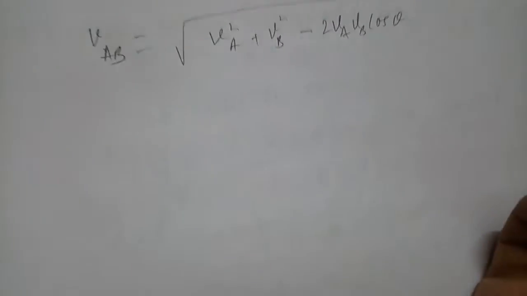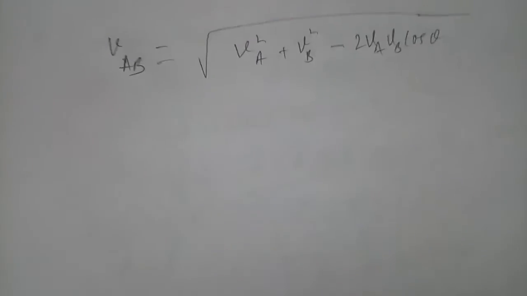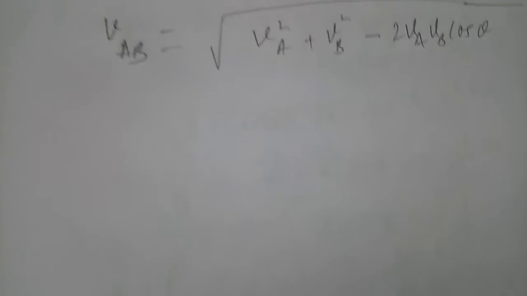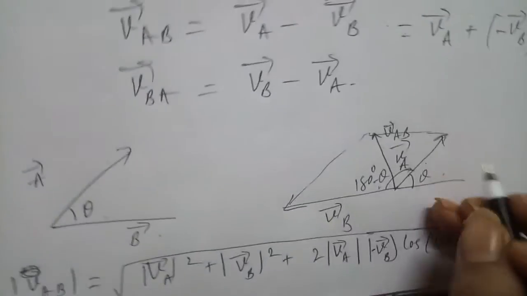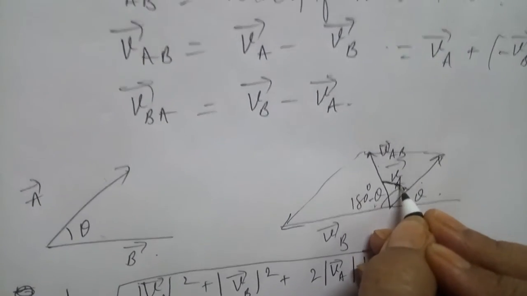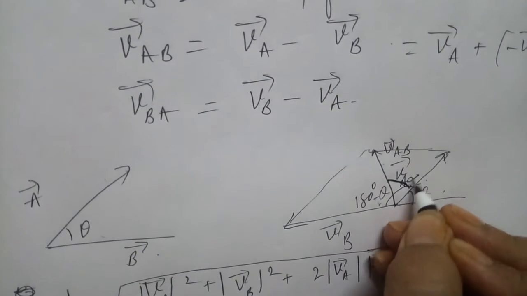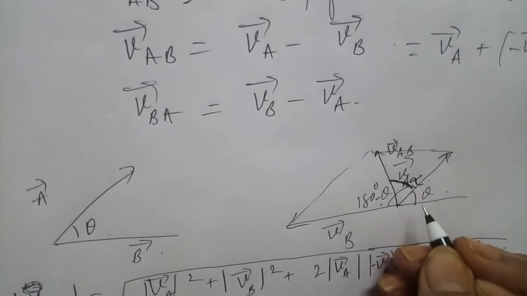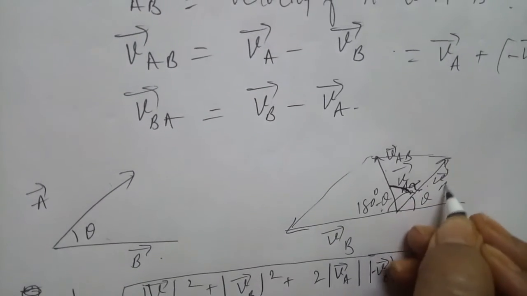Let us assume we consider the angle alpha. In this case, let the resultant make an angle alpha with vector a. So here is a figure, and let us assume this angle alpha is what the relative velocity we are finding makes with vector a. Okay, so in this case we can very well write